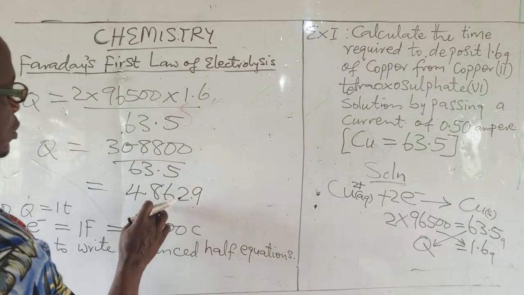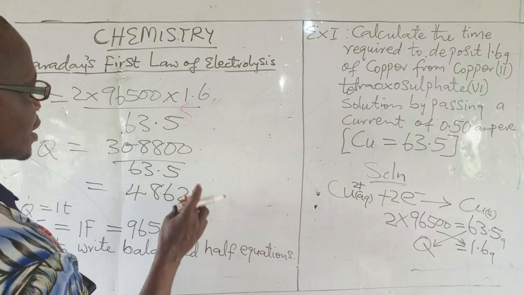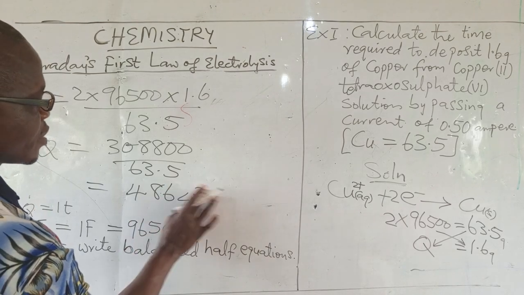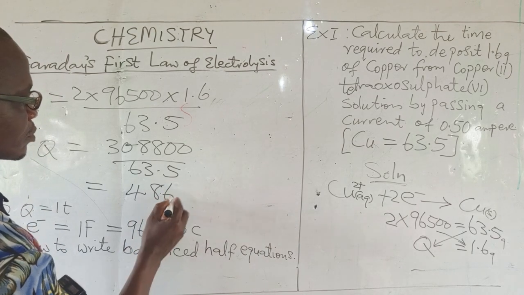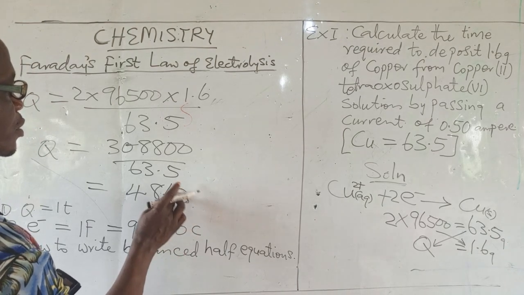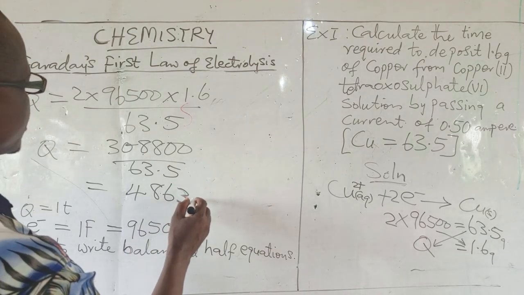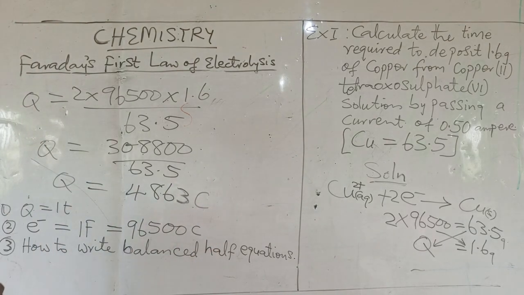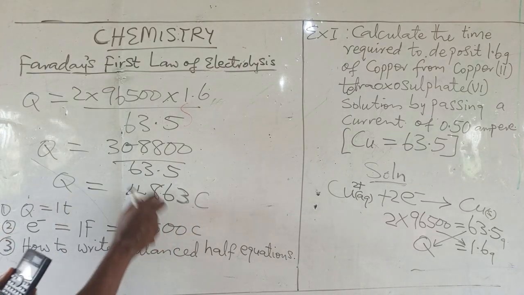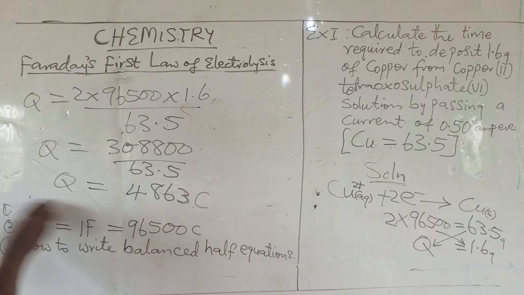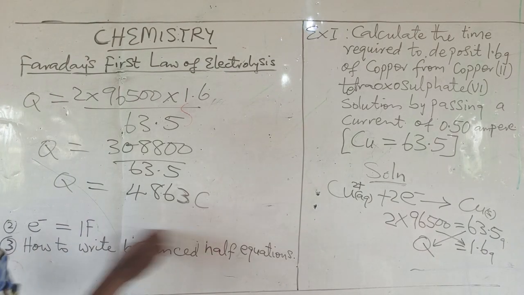That is 4862.9, approximately. I want to approximate it to 4863 here. Okay, now this is for the quantity column. So from here we are going to use this quantity to calculate the time using that formula